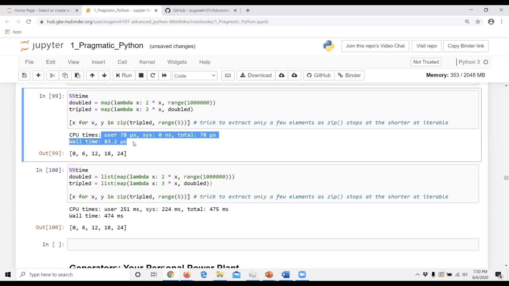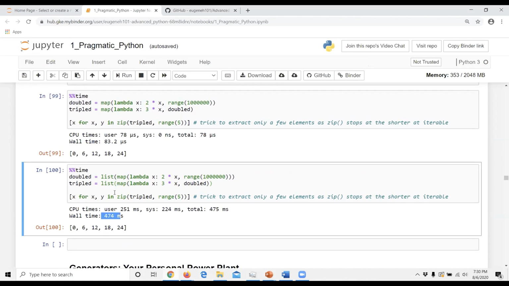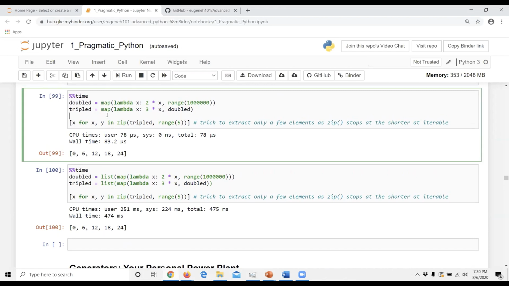A millisecond is a thousandth of a second, a microsecond is a millionth of a second, and a nanosecond is a billionth of a second. So this is 83 billionth of a second. This comes from using map and filter generators, so essentially instantaneously.